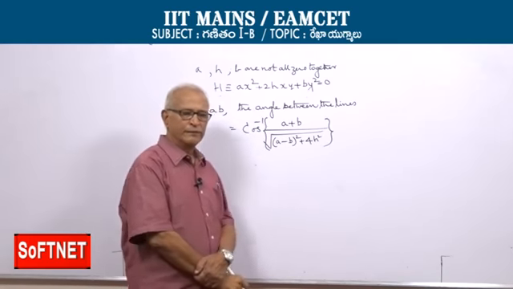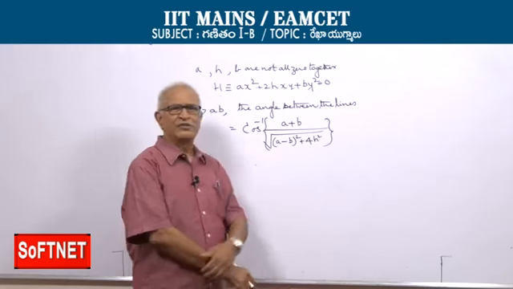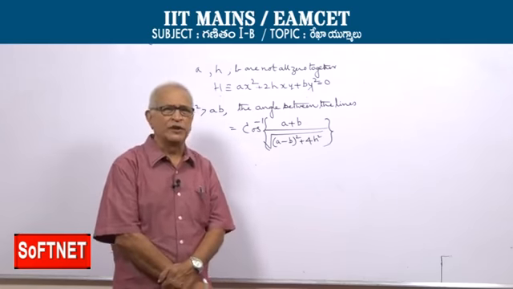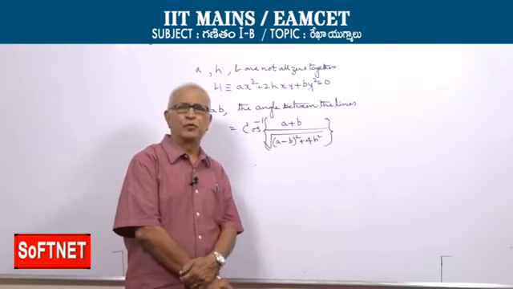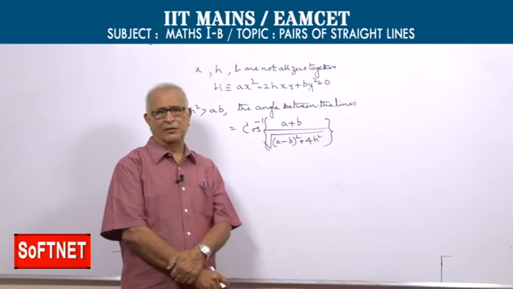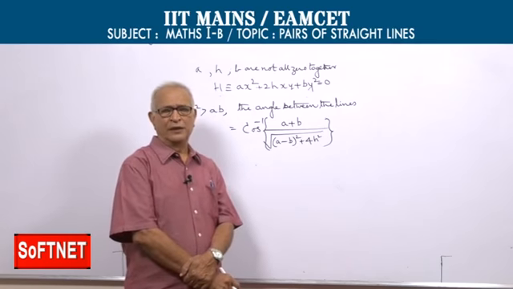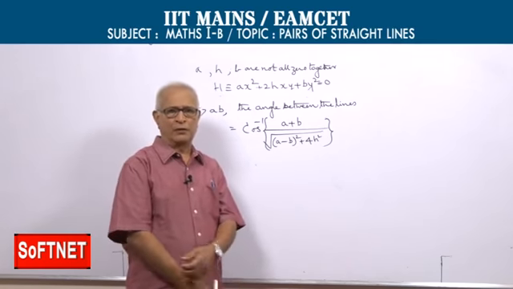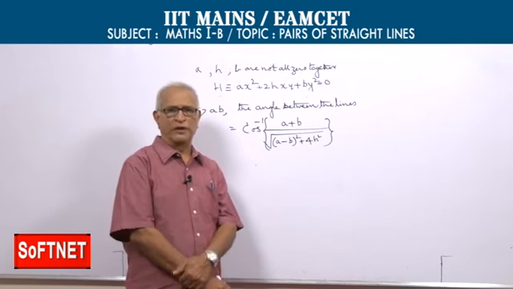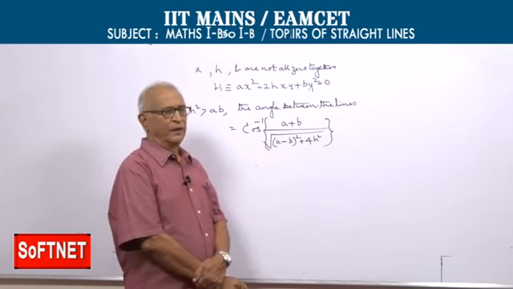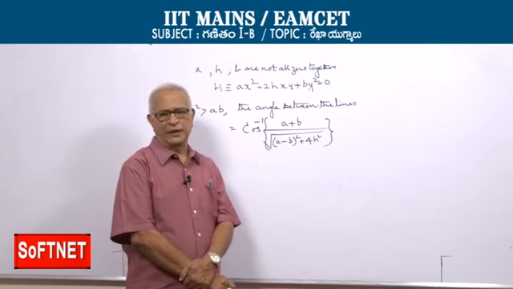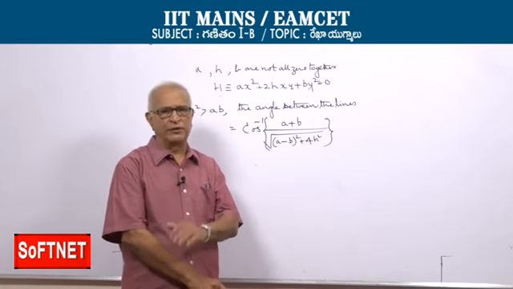Well, you can see that always the angle between lines, we always refer to the smaller angle between the two lines. సాధారణంగా if two lines are not perpendicular, రెండు సరళరేఖలు లంబంగా లేకపోతే వాటి మధ్య రెండు కోణాలు మాట్లాడతాం. ఒకటి లఘు కోణం, ఒకటి గురు కోణం. One is the acute angle, the other is the obtuse angle. But when you talk about the angle between the lines, we always refer to the smaller angle between the lines.